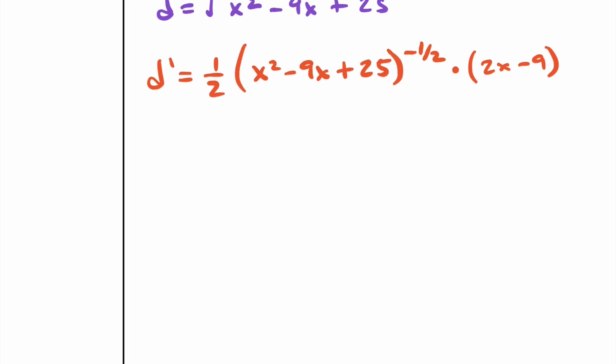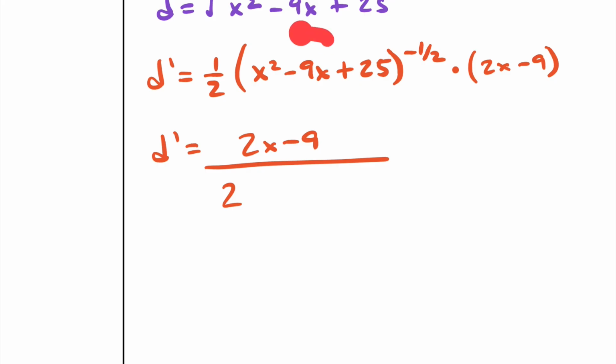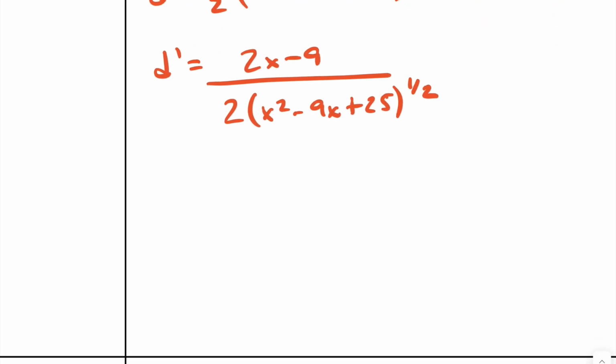So we now have the derivative of distance is equal to, I'm going to clean it up, 2x minus 9, multiply the 1/2 times the 2x minus 9. So it's just 2x minus 9 all over 2. Then this thing here can move to the denominator because it's the 1/2. I can call that the square root, or I can just leave it as 1/2. It doesn't matter at the moment because I'm going to substitute in 0 for the derivative of distance,